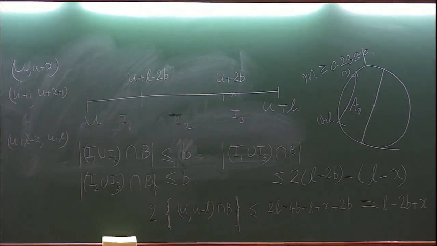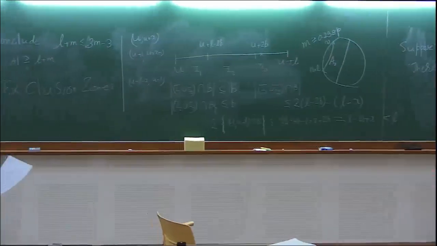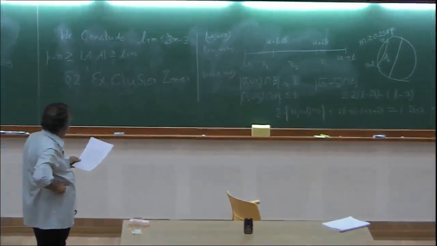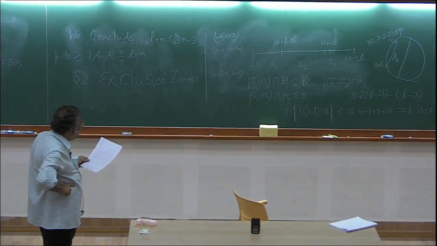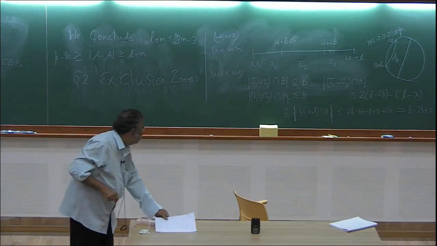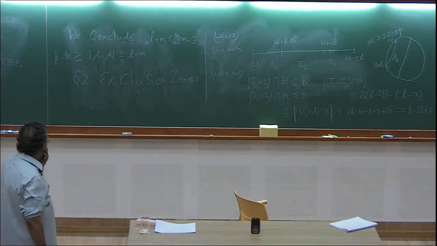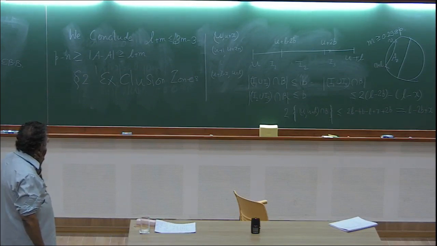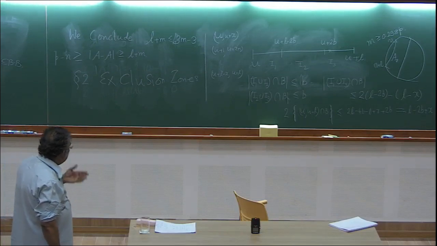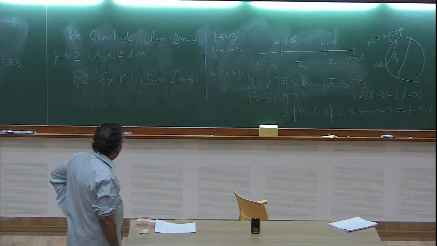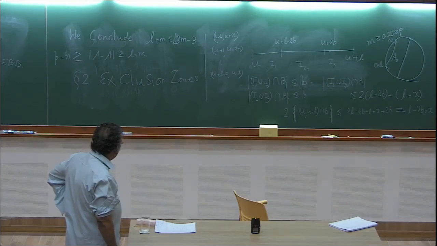This is to be right, and then it allows an L minus x elements. Is it L minus x, right? Because u plus x, x is bigger than 2b. Therefore that's an L minus x elements which have to be thrown away because only one element will be there, and that would essentially mean that the length of the interval is an L minus b here and an L minus b here, L minus 2b here, therefore 2 times L minus 2b, 2L